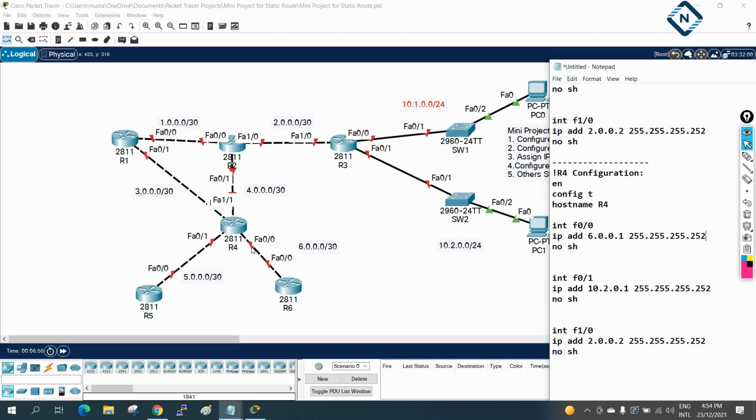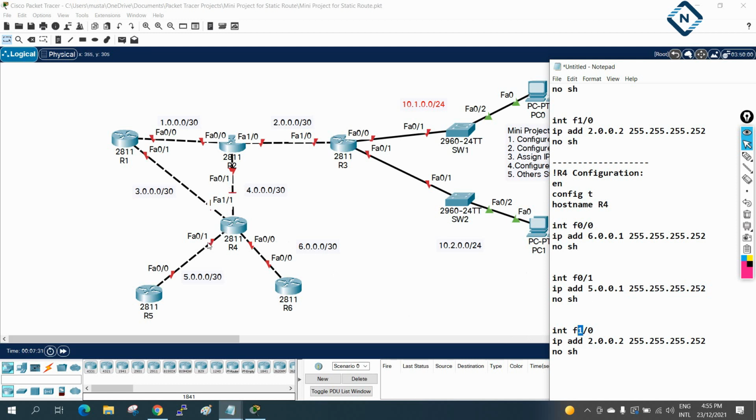Okay, and then this is another interface F0/1. So this is F0/1. I will write here 5. Okay, this is the IP schema which we are using, 5.0.0.1 here, and then this should be 255.255.255.252, because /30. So this also finish. This one finish. Now we have more two interface. This is one interface F0/1.